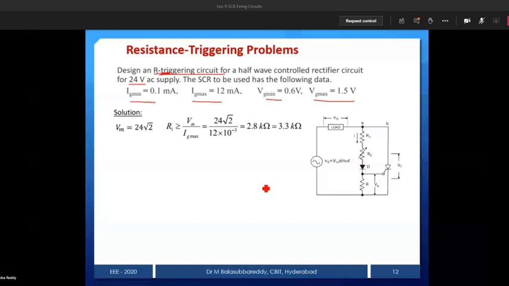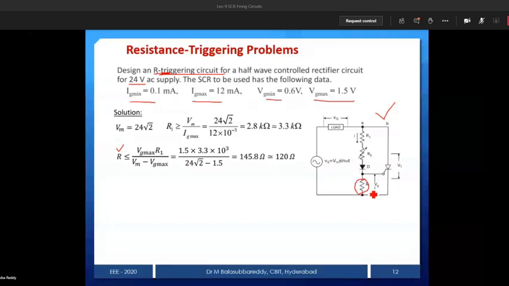Now we'll see this R value. Here R is nothing but the damping resistor, because some books represent the circuit differently. This circuit is also an R triggering circuit only. In the previous circuit I used RB as the damping resistor. Now you can use R anything, because here I used R minimum and RV. MD Singh uses the previous notation and PS Bimra uses this notation. Any notation is the same, but in the exam they may use a different circuit.